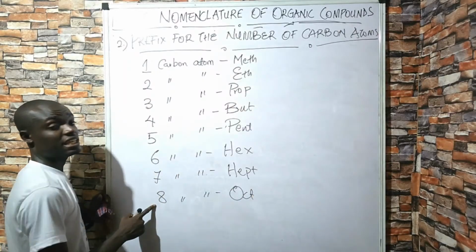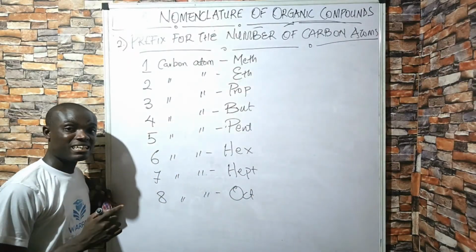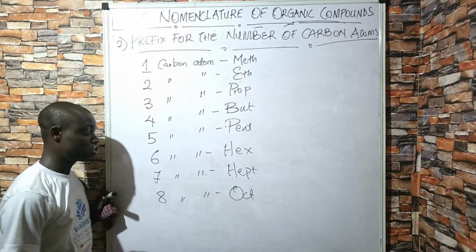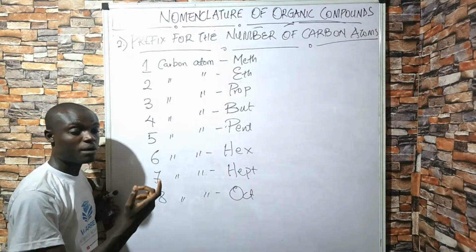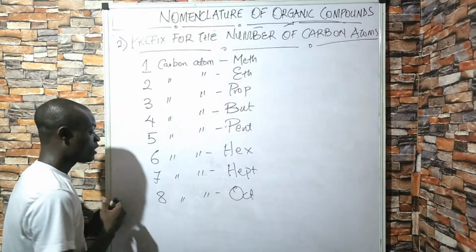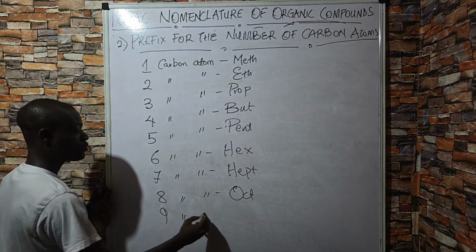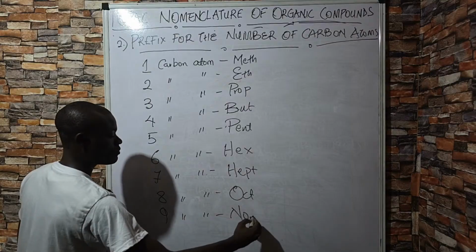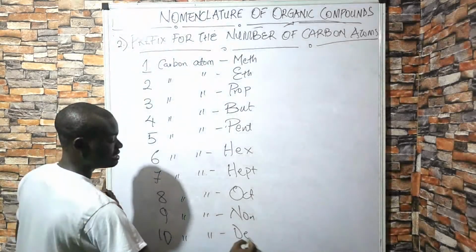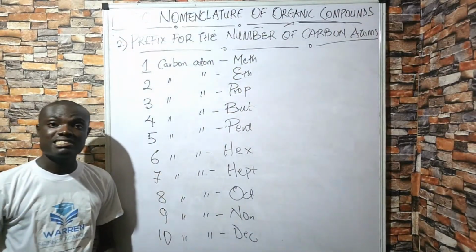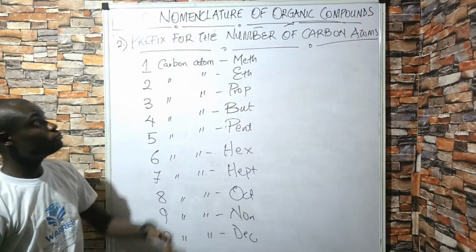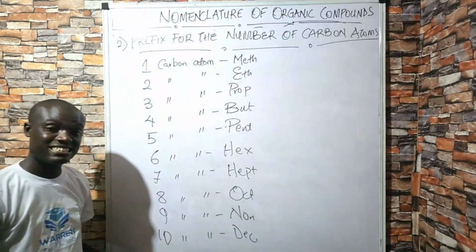Now, thinking of the 8 carbon atom, there's an animal that is called the octopus. And why is it called the octopus? Because it has 8 legs. So whenever you count the number of carbon atoms, and you see that it's an 8 carbon atom, just remember the animal, octopus. Then for 9 carbon atoms, we refer to this as non. And for a 10 carbon atom structure, we call it dec. Now, mind you, we just listed 10, but it could be more than 10. But basically, for our exams, it's ideal we know between the first carbon atom and the 10th carbon atom.